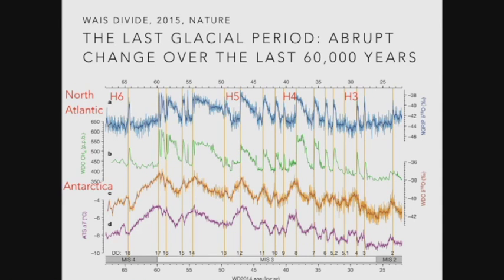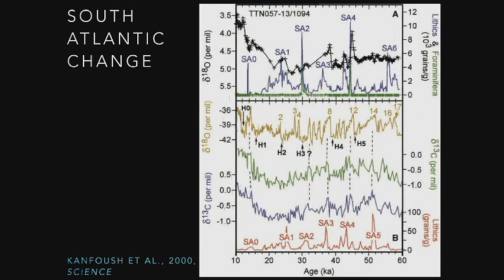The H numbers, H6, 5, 4, and 3, in this one here, are what we call Heinrich events, these big discharges, massive collapses of what we think is North American and possibly European ice into the North Atlantic. Linking that to the ice cores is problematic in itself, and then tying that to the southern hemisphere even more so. Some work has been done in the Southern Ocean, and we do have evidence for other ice rafted debris events like Heinrich events in the South Atlantic, and Camfush and others have shown this, what we call SA 0 to 5, the bottom panel there.